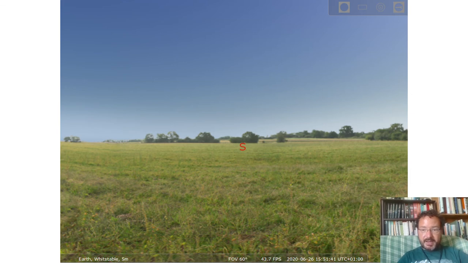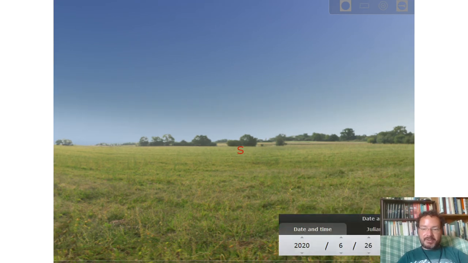Basically, when you start it up, you'll be presented with the sky as it is now. So as I'm doing this in the middle of the afternoon, it's showing the sky in Whitstable this afternoon. So no stars to be seen. And you can just click up the time and date tab, and then that allows you to change the date. So you can see what the stars were doing on your birthday if you want, or click right back to